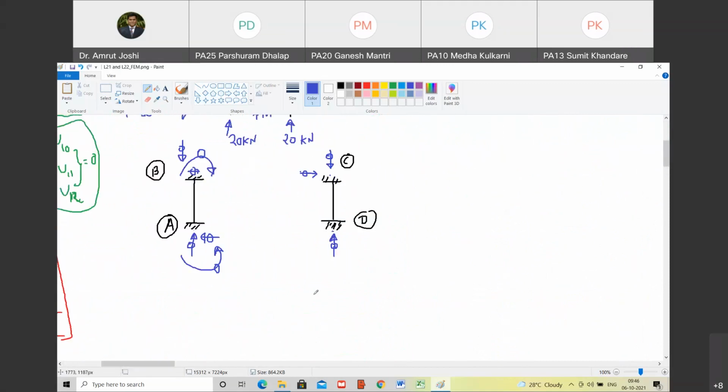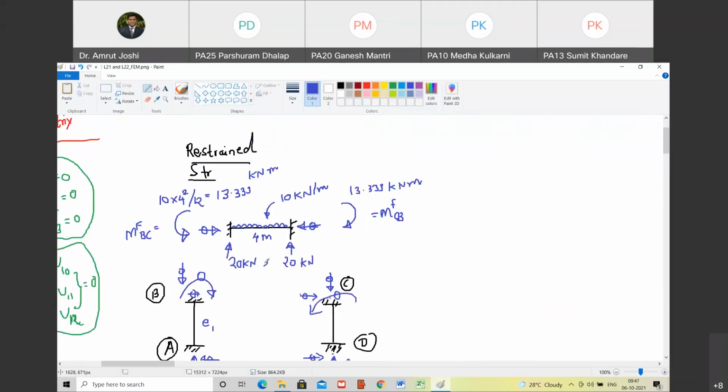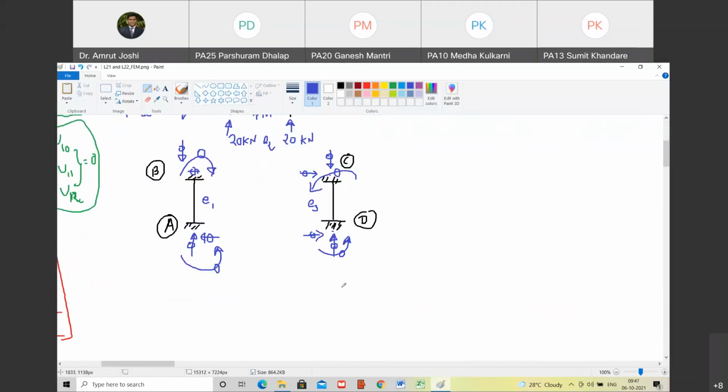But this is just the extension of the stiffness matrix method that you have learned, so it should not be very difficult to understand what I am doing. So in the restrained structure, all the reactions are going to be zero. Are you with me? This is element number 1. Do you agree with me? This is element number 2 and this is element number 3. Happy?